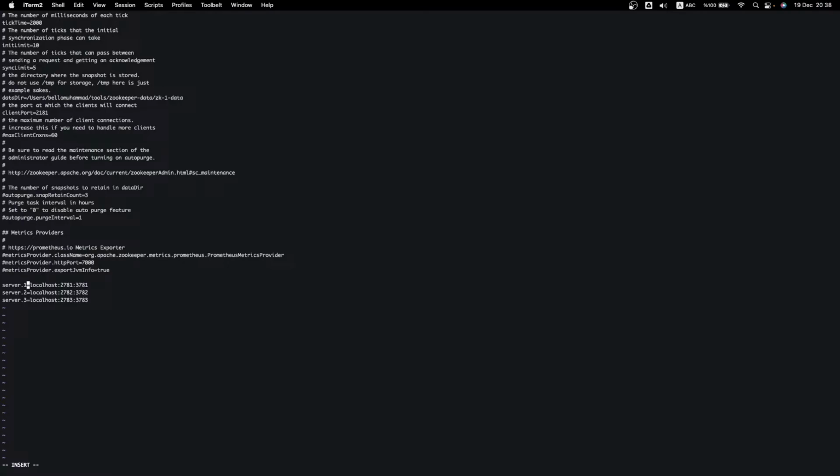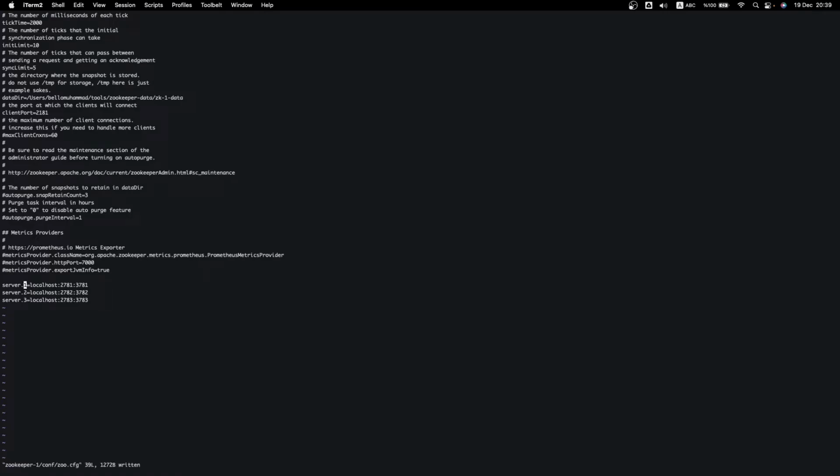If you remember, we created data directories like zk-1-data. These are the data directories for each node, and for the first node we have given the data directory here. For the second node we will give 2, and 3 for the third node, and this ID file is going to be created. A file will be created in each data directory with the ID of the server. So for this, let's continue.